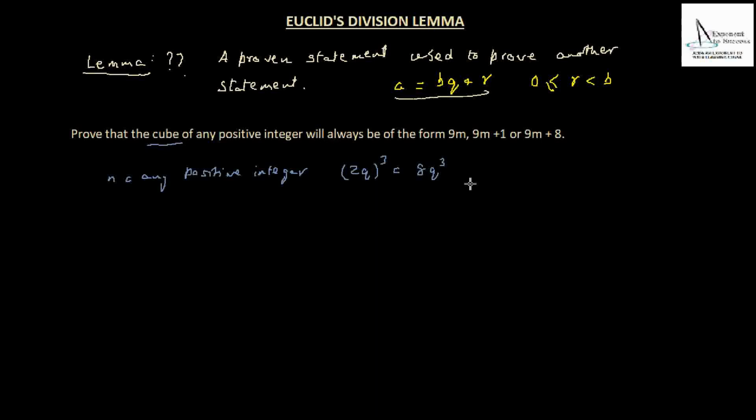So again, that takes us back to the earlier problem, the way we solved it in the beginning, that since we are not looking at 8, we are looking at divisibility by 9. Therefore, let's take the number as divisible by 3, because 3q, if we cube that, we get 27q cube, and then that will be divisible by 9.